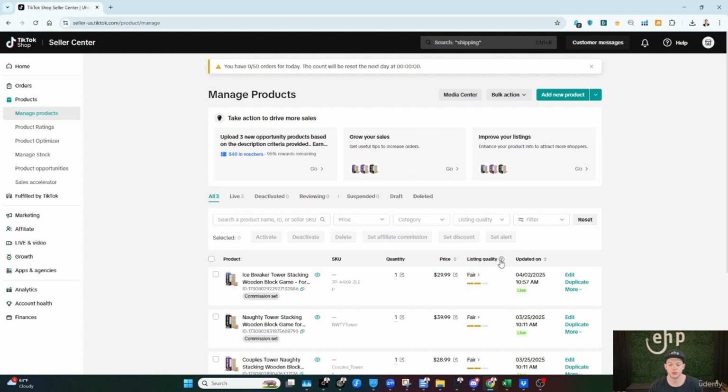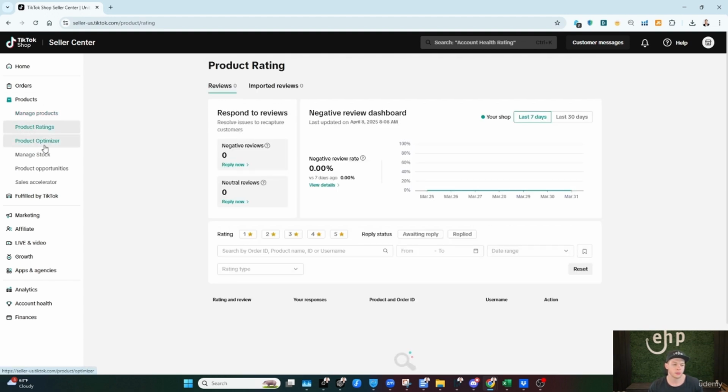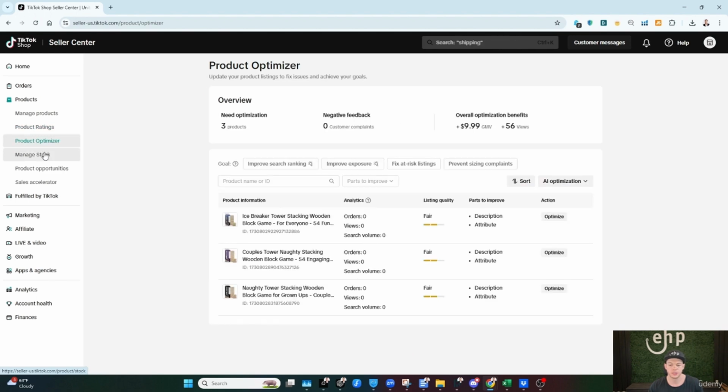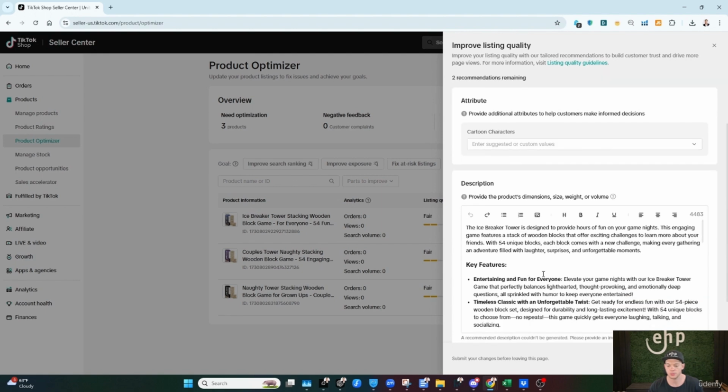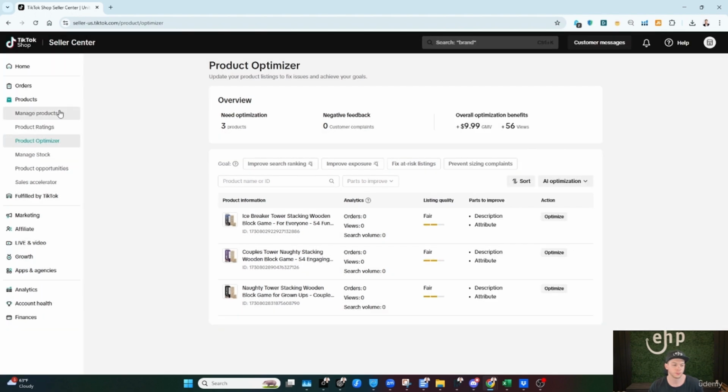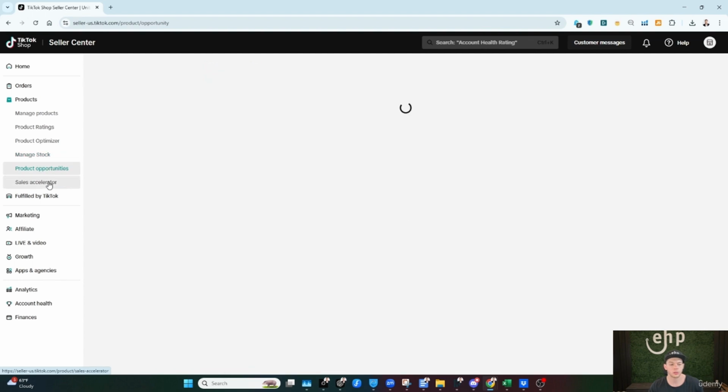And then they actually tell your listing quality, and you want to get this in the green section. You want to get it to great. So you can optimize your listing quality, edit, duplicate, optimize, set alert, create ad. You can see how much we have in stock, your SKUs. When you create your items, you want to have the same exact SKU as Amazon. Product ratings, product optimizer, and it's going to tell you how to optimize your listing. It uses AI, a lot of it, so we can kind of go through this later. Manage your stock, product opportunities,